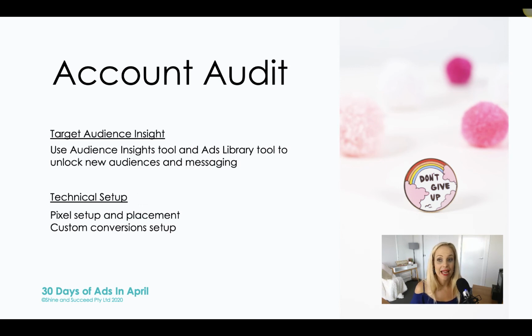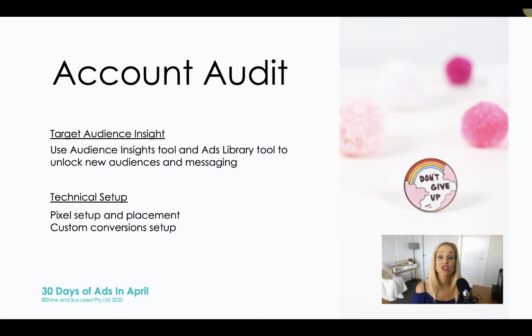The next thing we look at is target audience insight. There's an audience insights tool that if you're in your ads manager and you go to the menu at the top left, you will find the audience insights tool there. We go into the audience insights tool and we select the client's page and we see what other pages are coming up, what other interests are coming up, what other pages do people like who also like this page. And we would make a very extensive list so that we can unlock some new audiences that we can target,